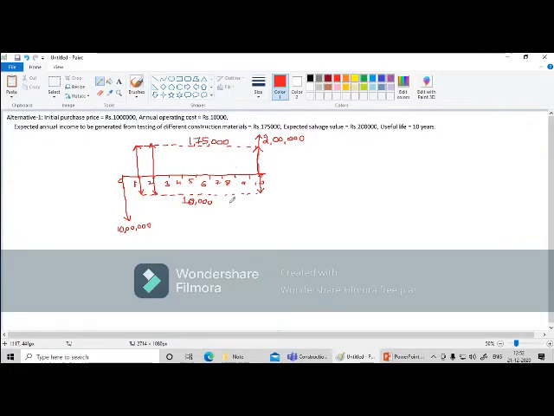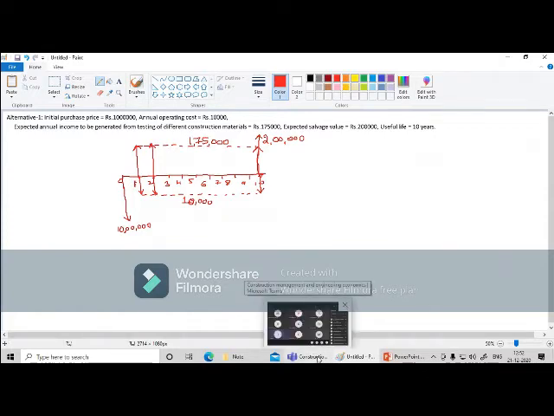So I hope you understood how to write down the cash flow. Any doubts? Any doubts here in drawing the cash flow? Please respond. No, sir. So now you are able to draw. If I give some data, you are able to draw the cash flow. Okay, no doubts here in drawing the cash flow.